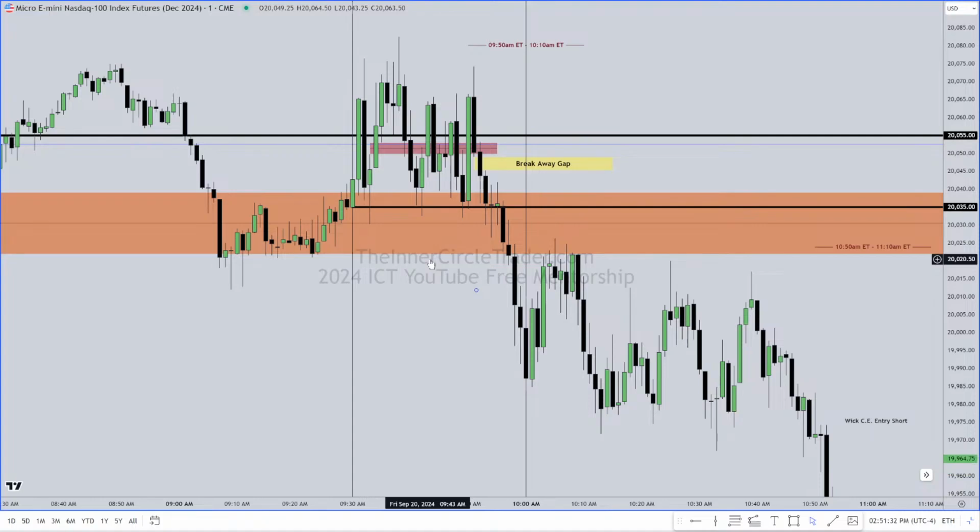And because we have a low-excitement, lack of excitement opening range gap, because it's only 20 handles, it's not going to be requiring much participation right away. So what that means to me is I'm looking at that gap here, and I anticipate that they're going to work both sides of it, back and forth, back and forth, back and forth. And I'm going to draw it correctly so that we can see it real quick. That's what it would look like. And I'll get to the breakaway gap in a second.